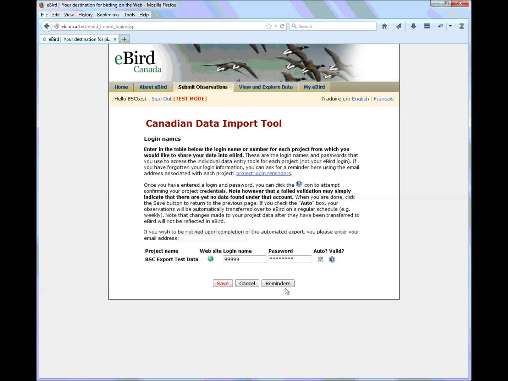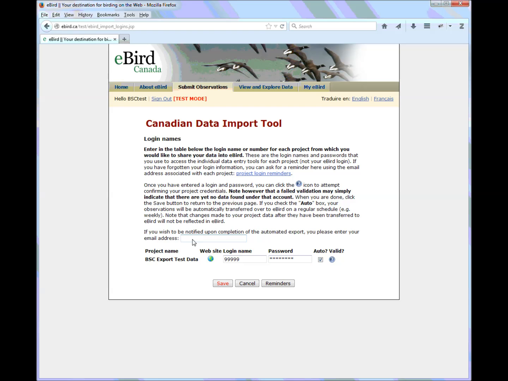So if this was an ongoing Atlas project, if you check that box, as you submit new data, maybe once a day, the data will be transferred automatically within your eBird account without you coming here and doing this manually. So this will be quite handy, but at this point it hasn't yet been implemented. But if this is something you would want to do, I would encourage you to check it, and then once it gets implemented, it will start rolling